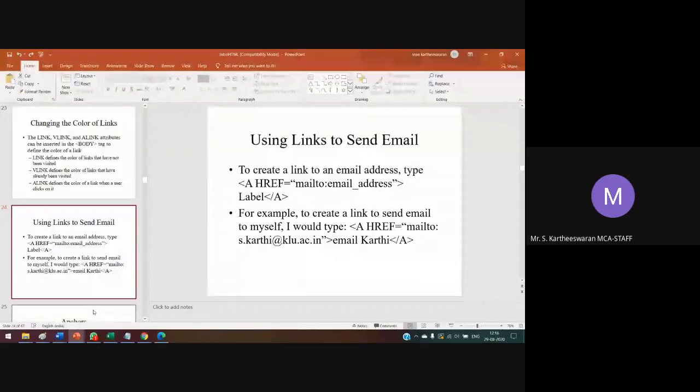I will type mailto my official mail ID s.karthi at klu.ac.in. You provide the link as email Karthik. When you run this program and press email Karthik, it will directly redirect to s.karthi at klu.ac.in. So you can easily forward to this email.